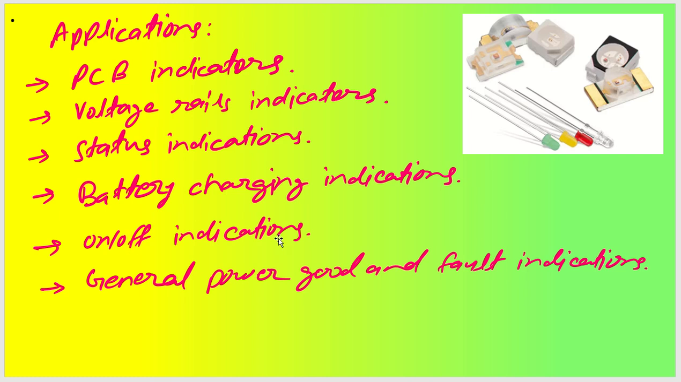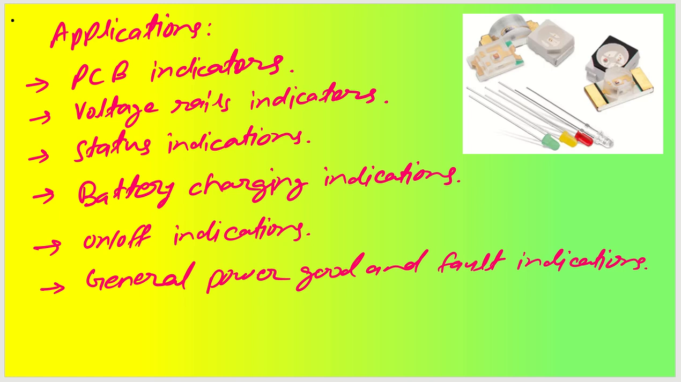On off indications, like the system has switch on switch off buttons, so in that you want to see whether it is switched on or switched off. In those cases also you try to utilize red LEDs or green LEDs to indicate those functionalities. And general power good or fault indications. For these applications, we will be trying to select some LEDs. So let us try to understand what the various parameters are that we need to look into before